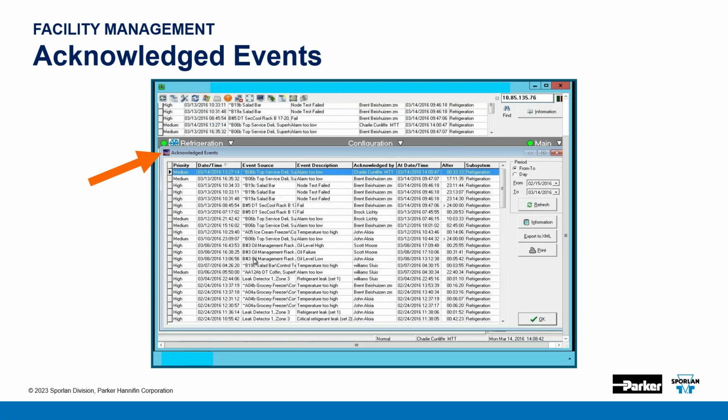The other report that I'm going to talk about is acknowledged events. Now, what this does is it takes every single event that has occurred in your store or facility and it keeps it historically. It tells you what was the priority, high, medium, low, or just a simple notification, the date and time that it occurred, the event source, where did it come from? The rack B, did it come from the salad bar, etc. The event description, who acknowledged it, what end user or what technician, what date and time, and what subsystem it